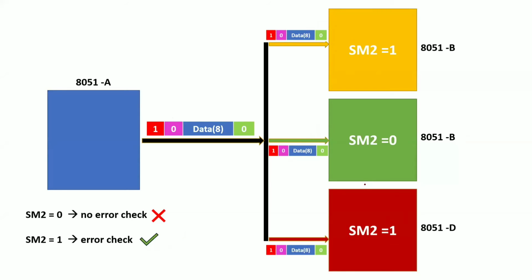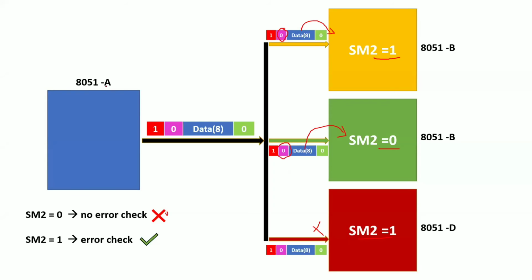The next one you will see: suppose I send 0, so now 0 will be sent to all the devices. Whenever SM2 equals 1, it will check the errors. So it depends upon this bit. Whenever this bit is 0, will it receive this data? No way. It will discard this data because it concludes there is an error in this data based upon this bit. Now SM2 equals 0 means it won't check the errors, it won't check this bit. That means it will receive this data directly. Again the same as your B, it won't receive this data, right?